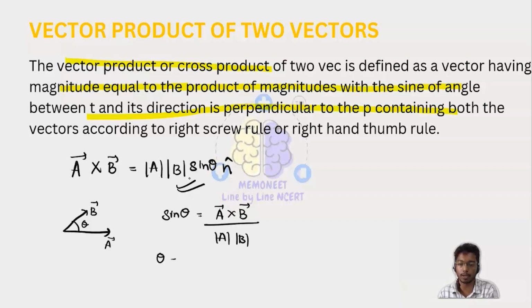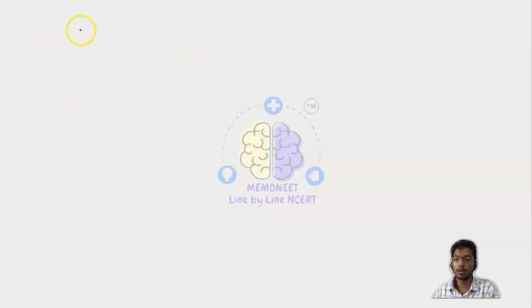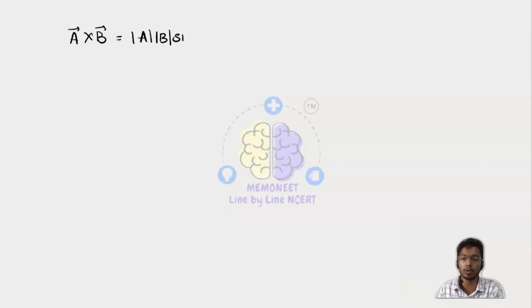This is the value of theta, that is sine inverse of a vector cross b vector upon a magnitude into b magnitude. The a vector cross product with b vector is a magnitude into b magnitude into sine theta. Here the maximum value of sine theta is 1, and the minimum value is